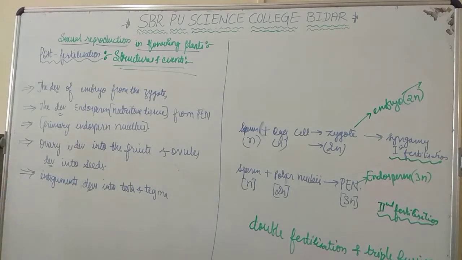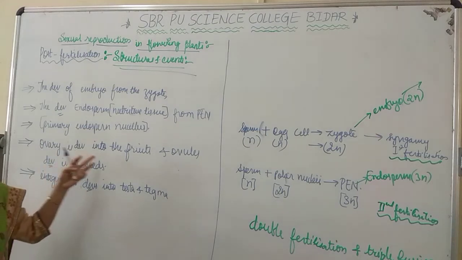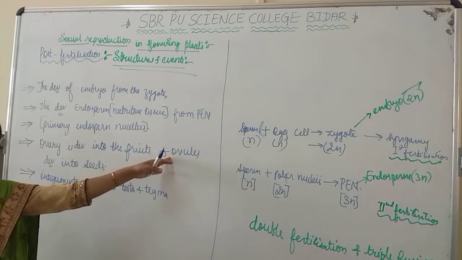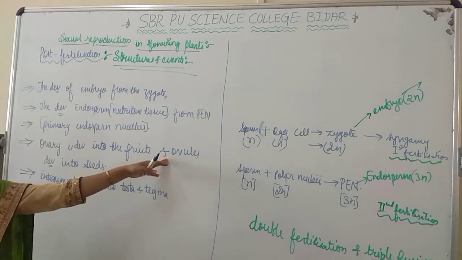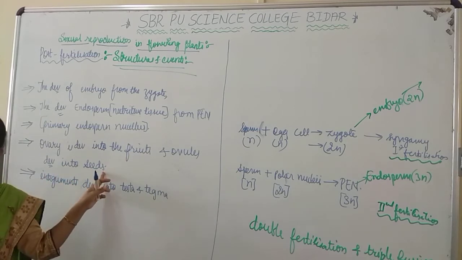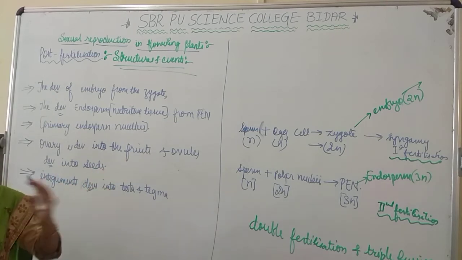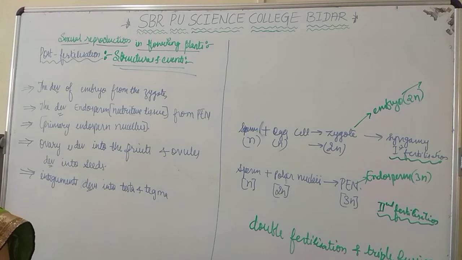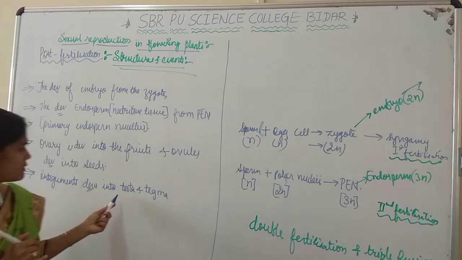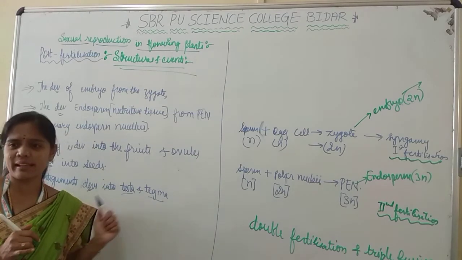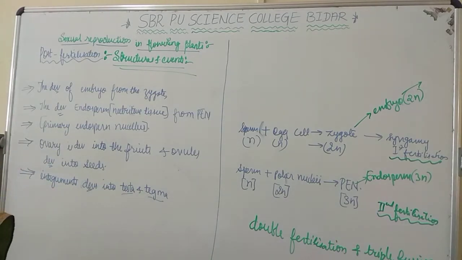So the ovary is going to develop into the fruit. The ovary will bulge and increase. You can easily see this in guava and pomegranate. Because the flower is like this, the ovary keeps bulging, you can see it in front. So the ovary will develop into fruit, whereas inside the ovary, ovules will be present. Ovules are going to develop into the seeds, and the integuments present in the ovule develop into seed coats, that is testa and tegmen. Two seed coats are there.